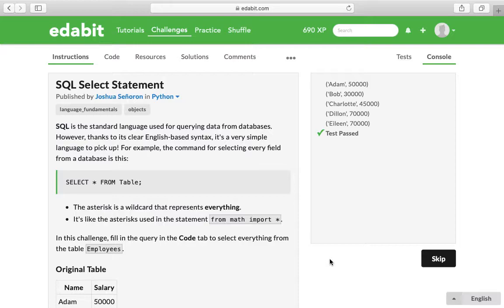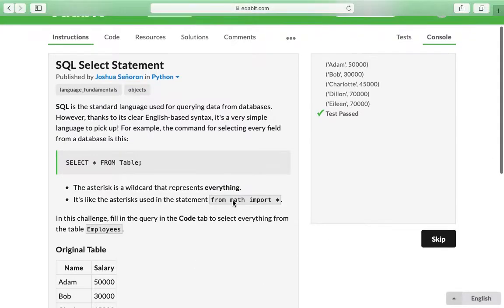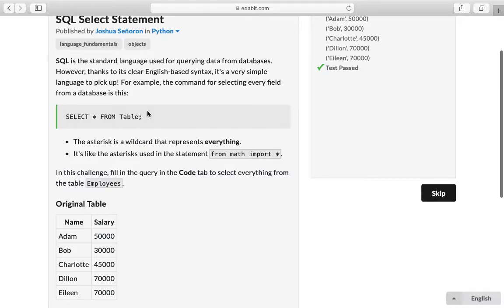In this video I'm going to walk through an Edabit challenge from Python called SQL Select Statement. Sometimes Python is mixed with SQL, which is a standard query language, and they give you a little bit of a tutorial, like when you want to select everything from a certain table, what you would do in all caps is write SELECT, asterisk, and FROM, and then the name of the table,